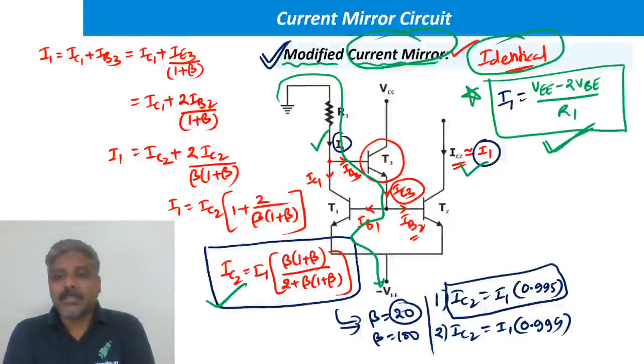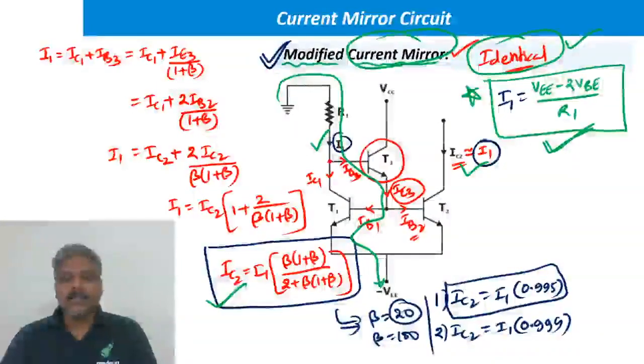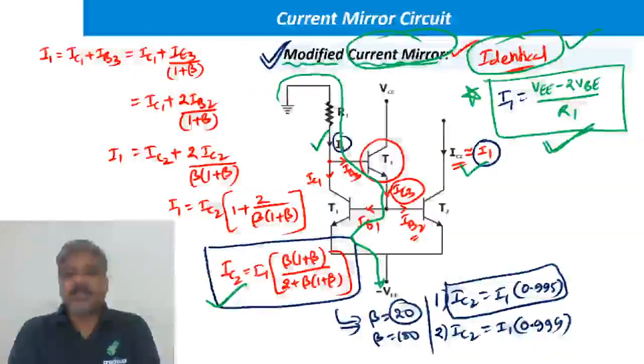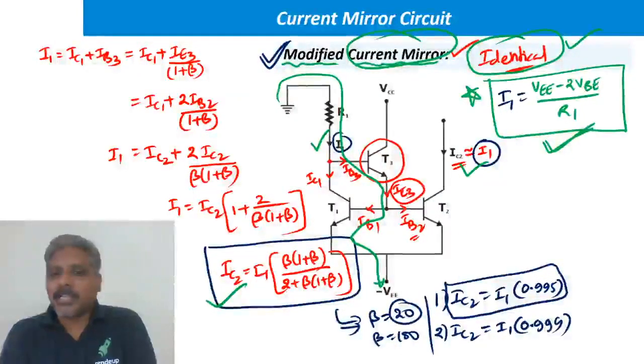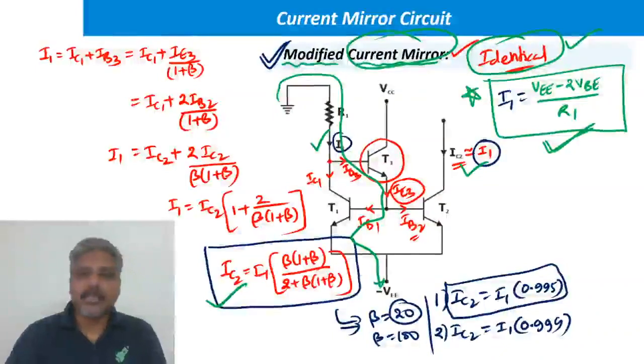But after this, for improving the performance of current mirroring, even when the transistors are not identical, since here we have taken the transistors as identical, there is another current mirror which is further improved. Widlar current mirror we call it, Wilson current mirror we call it, where there will be 5 transistors. It is not necessary up to GATE or ESE level. If you want to go for design level, that is required. Clear, guys? This is what about current mirror. Please take the screenshot of this also.